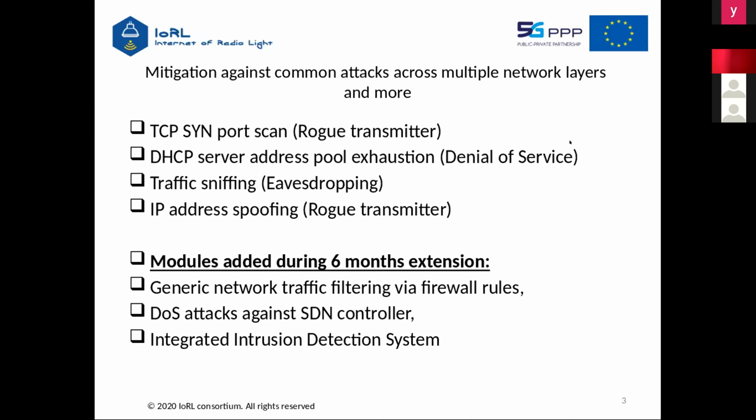We have modules for each of these groups. For denial of service, we have DHCP server address pool exhaustion, and for eavesdropping, we have a module for finding if someone is sniffing. Additionally, we have 2 very simple modules related to IP address spoofing. As well, during the 6 months extension of our project, we created new modules. One of them is, sorry,